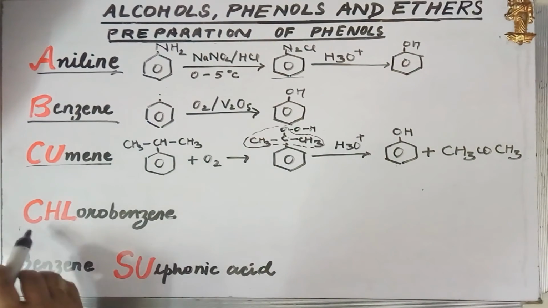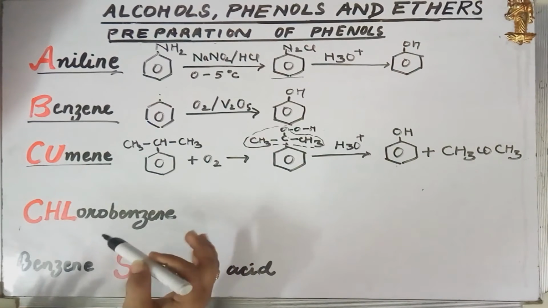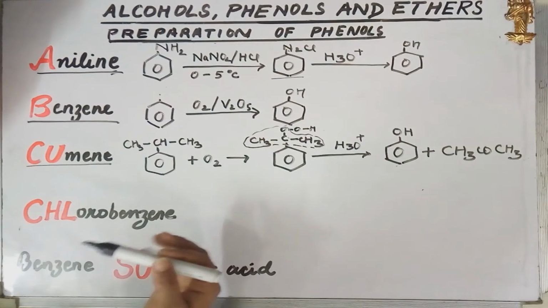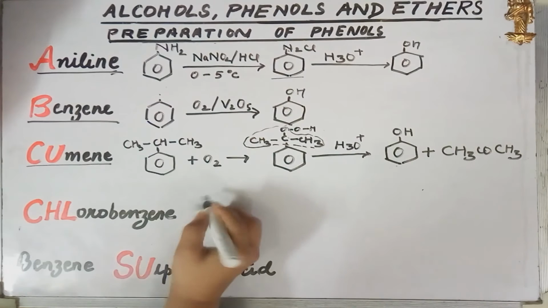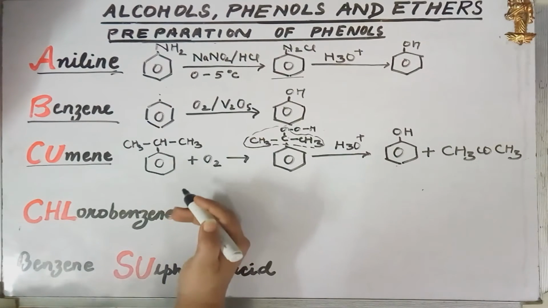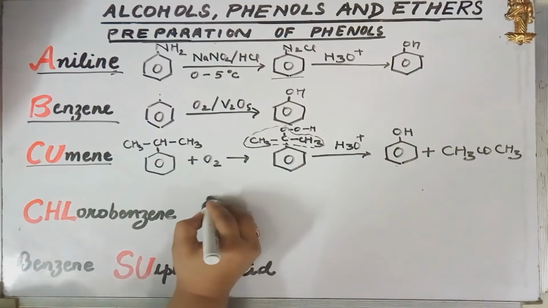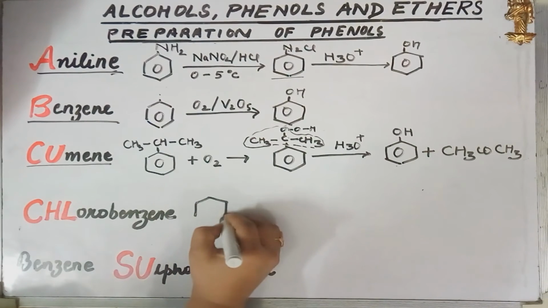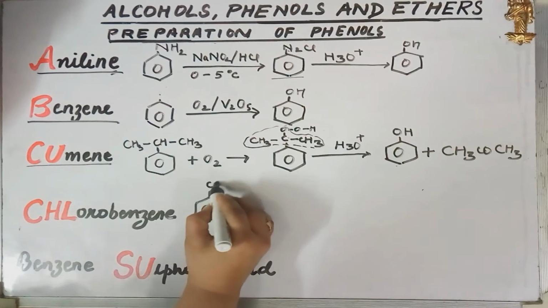The next reaction is the conversion of chlorobenzene into phenol, which is a reaction given under very harsh circumstances, because this is a substitution reaction, and substitutions are not easy in the case of aromatic compounds because they are bonded with the double bond, and the double bond is not broken down easily. So this is chlorobenzene,